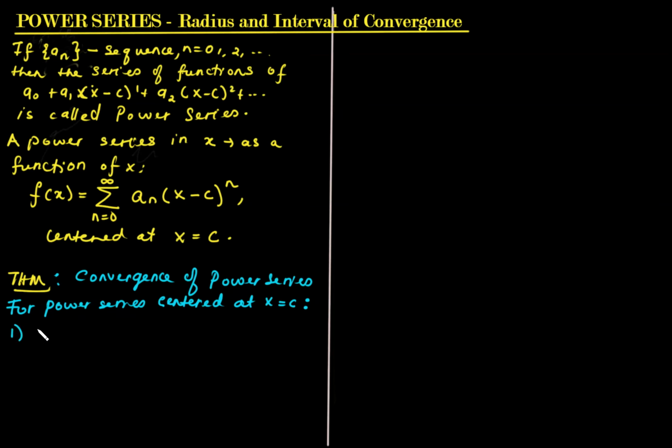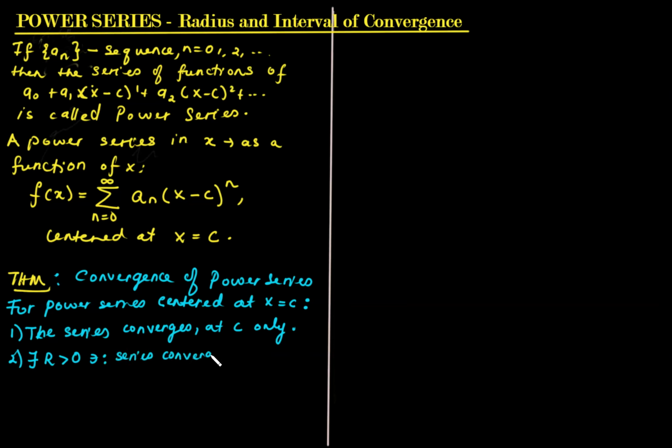Number one, the series, that's the summation of whatever you see in the summation there, converges. Where does it converge? At c only. Or the other thing can happen: there exists a real number, and we're going to call it R, greater than 0, such that the series